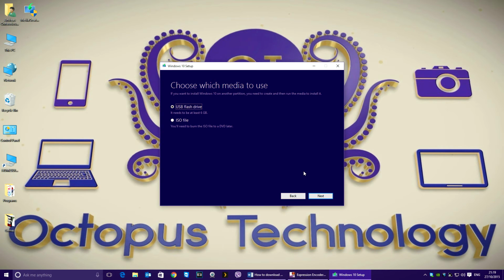2 more options appear here. This is how you wish to save Windows 10. The USB flash drive option, while suitable if you're going to be using a USB stick to install Windows 10, may not be the best option, because in case you lose, format, or break it, you will have to download Windows 10 from scratch. The ISO option, on the other hand, is a much better solution, as it is easy to copy, easy to burn into a DVD, can be transferred onto a USB stick later on, and can even be opened directly for updating Windows within the Windows environment. Select the ISO option and click on Next.